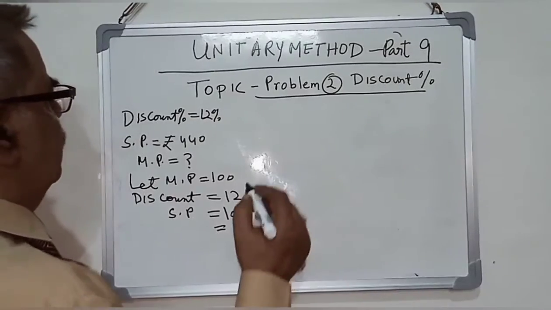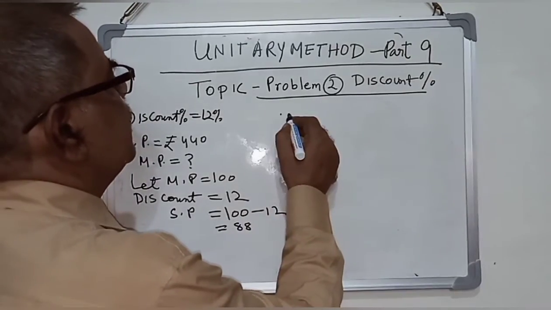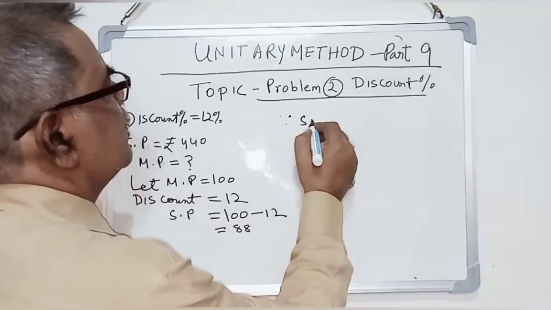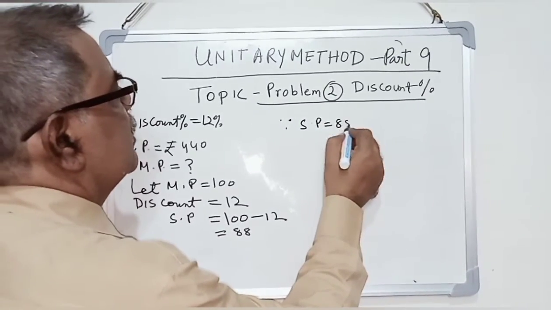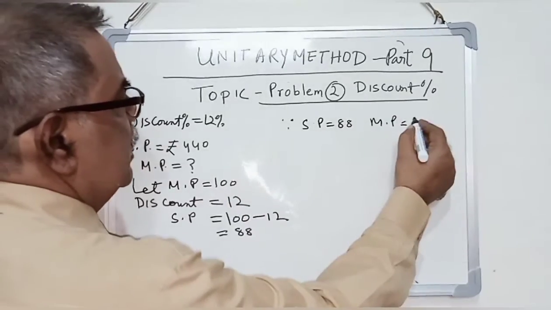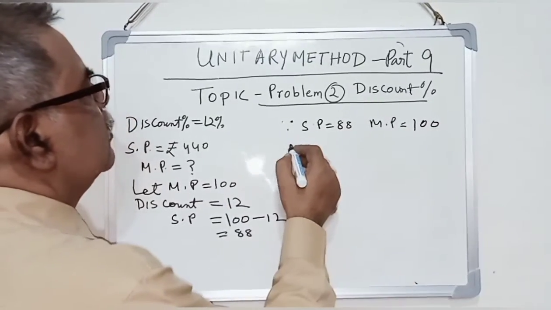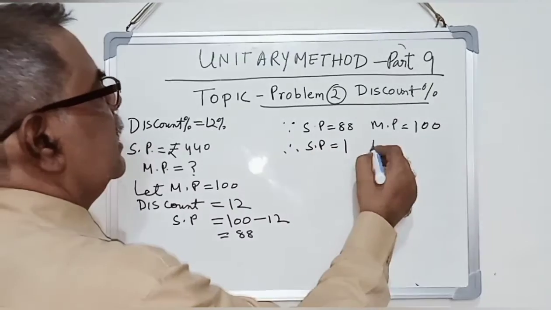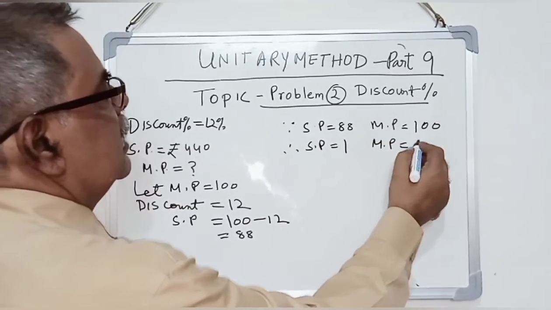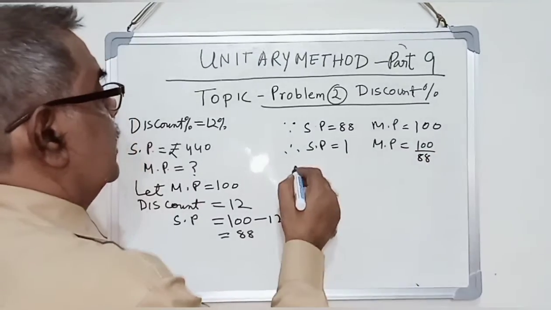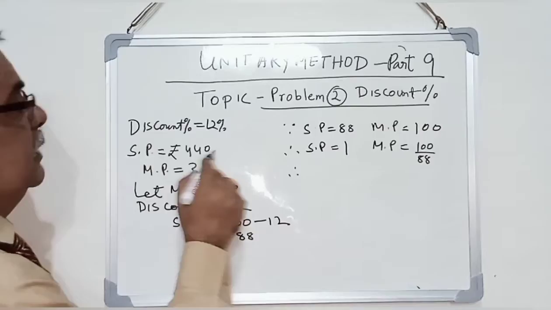So when SP is 88, MP we have assumed to be 100. So therefore when SP is 1, MP will become 100 upon 88,